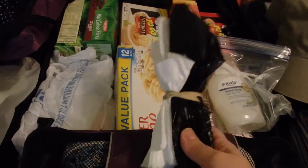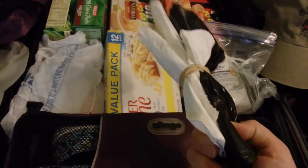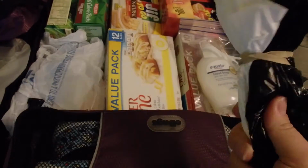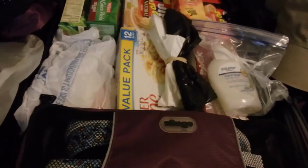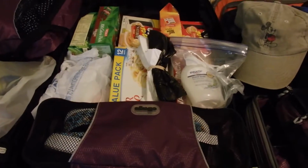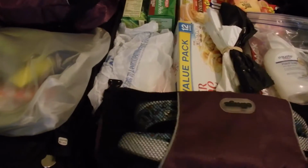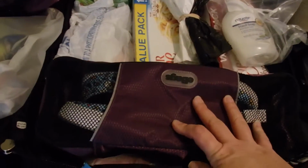You may not need these at all, but just some extra trash bags. Just handy. Basically those just stay in my luggage, so they're in there from last trip, and I'm just going to leave them in. Got my Donald Duck shoes in here,